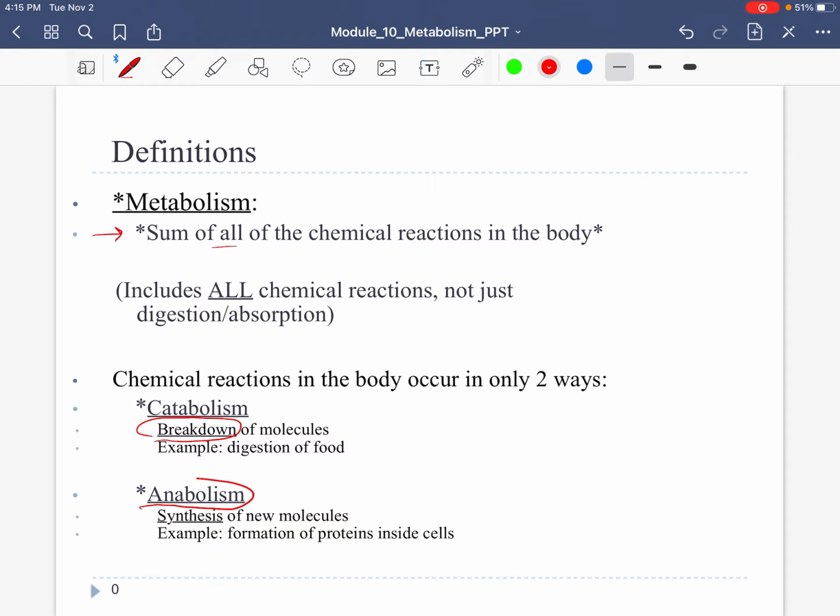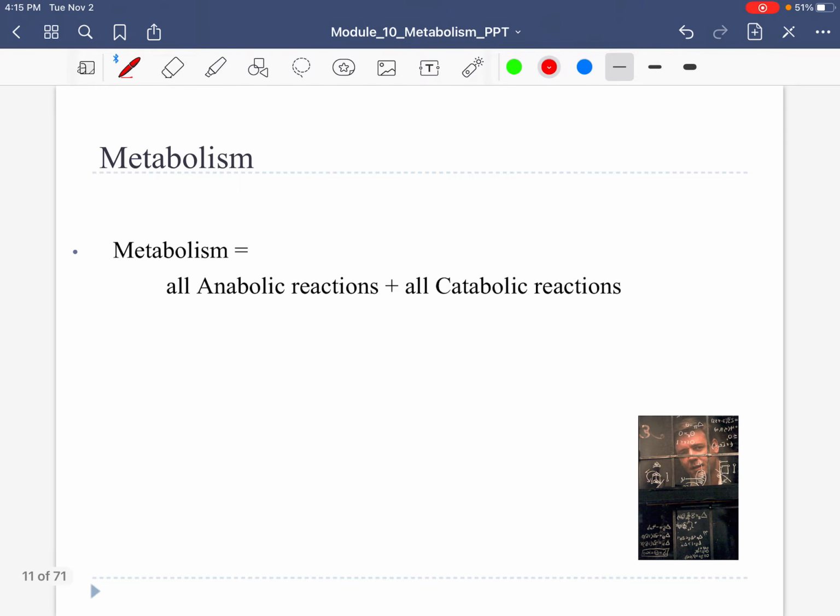Versus anything that is anabolic, or defined as anabolism. This is a building or a synthesis. You're forming new. So formation of new proteins, protein synthesis, that's an anabolic reaction. Formation of new muscle tissue, that's an anabolic reaction. As a matter of fact, think about anabolic steroids. Some weightlifters may take this. Hopefully not, but I know some do, really. But an anabolic steroid is a steroid that's meant to build muscle. So we're building, and that's anabolism.